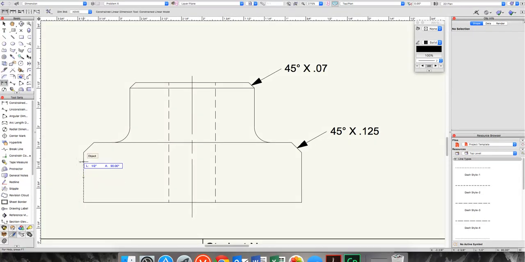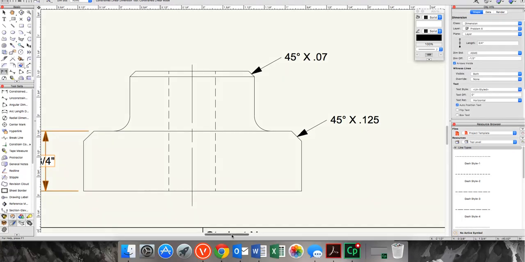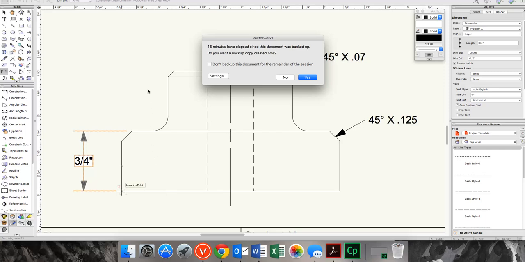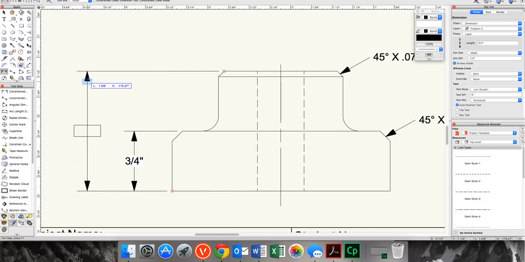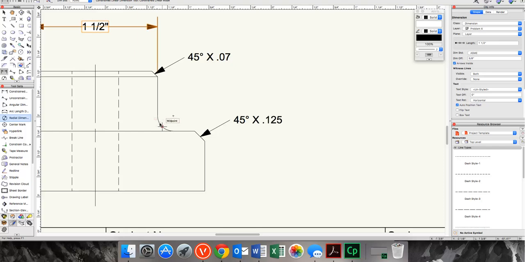Okay, going to slide out just a little bit. And then we're going to do this top one. And we're dimensioning to the top line. Come out right here. All right. We're going to do the top line, and that's from here to here, 1.5 inches. And now we have to dimension our fillet right here. So what we're going to do is our radial. It's a radius. It's an external radius. So we're going to choose this guy, and we're going to do,